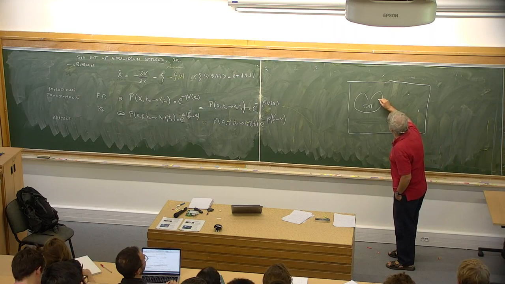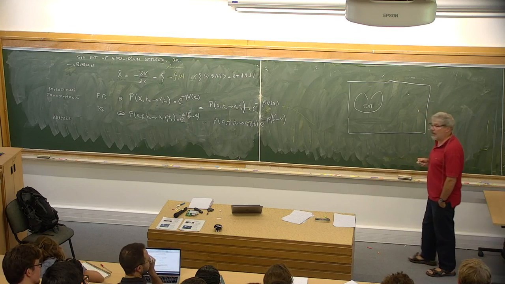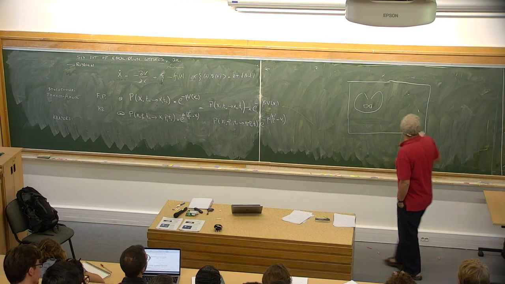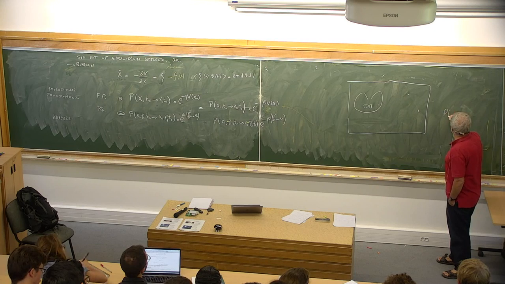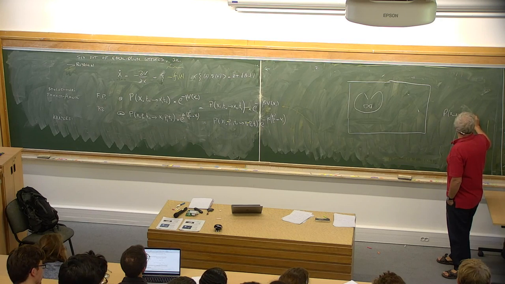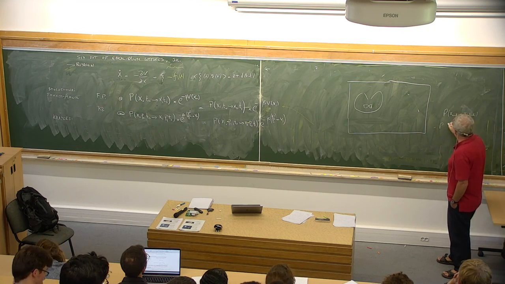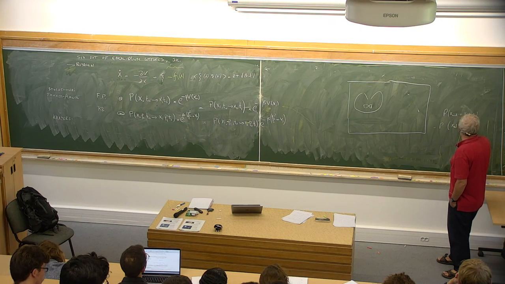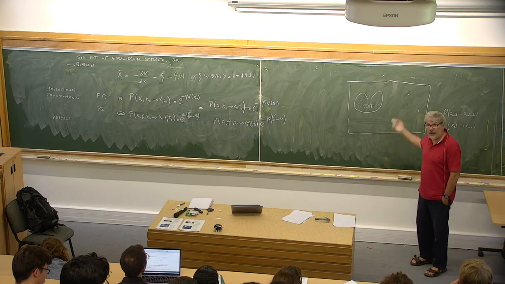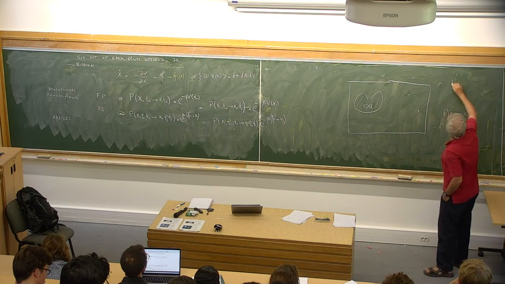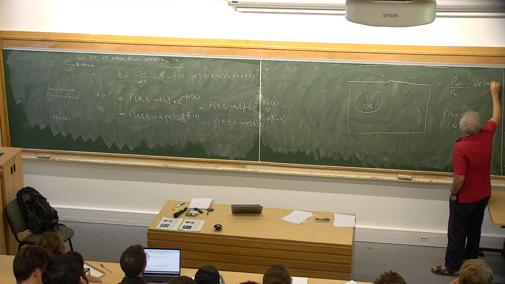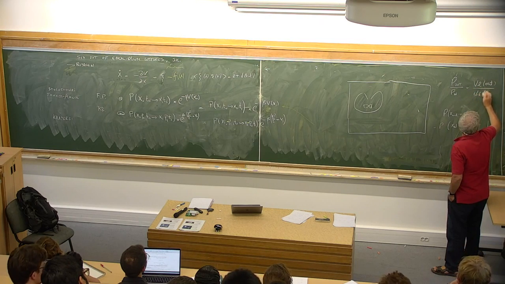But now you have the x's that are here inside and the x's that are outside. And the potential other than the wall is 0. So if the fish would be Brownian, the probability of one particular x inside going to one particular x outside is of course the same, because there's no potential, as the probability of x outside to that x inside. But of course, I have to integrate for all the x's that are inside and all the x's that are outside. The moral of this is that the probability of out is the volume of out divided by the volume of in, which is the same as saying that